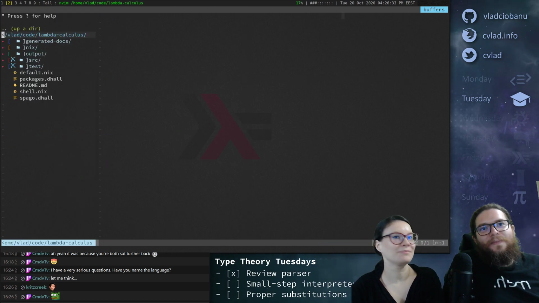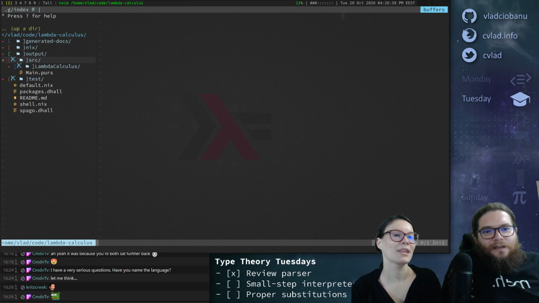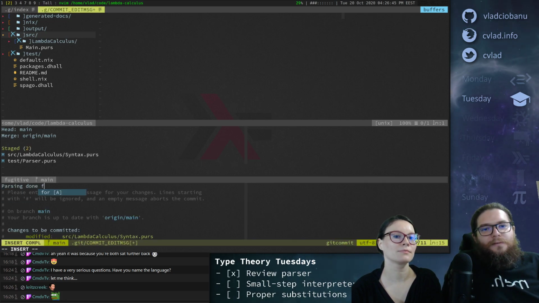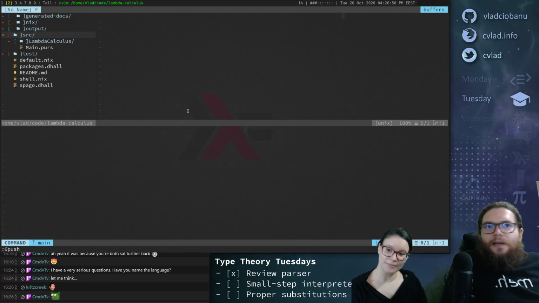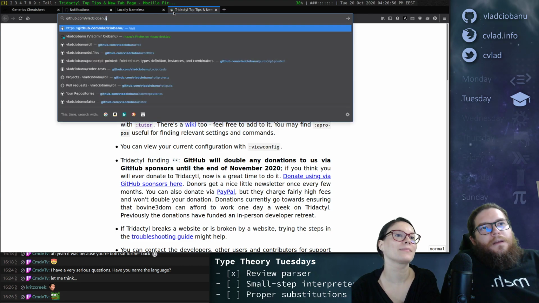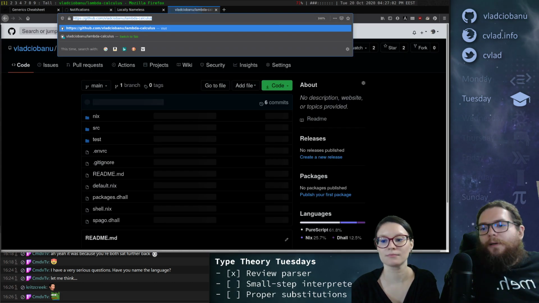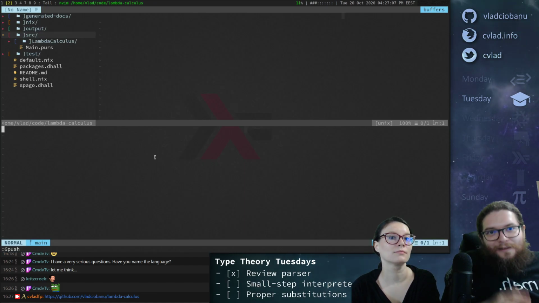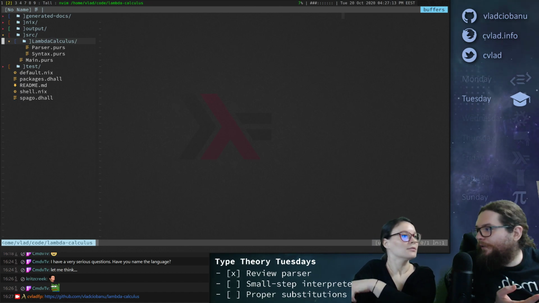So we have tasks. So now we want to do, okay, let me, because I did a couple of minor changes, so let's do a commit and let's say parsing done for now. Okay, so let me quickly share the link in chat if anybody is curious and wants to have a look. I just pushed this, right? So if you want to follow along, you're exactly up to date. Okay, what's next? So right now I want to do the interpreter.